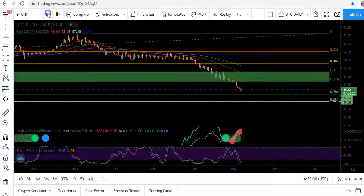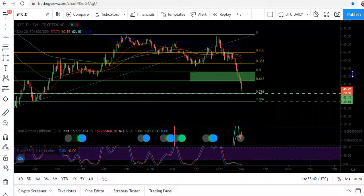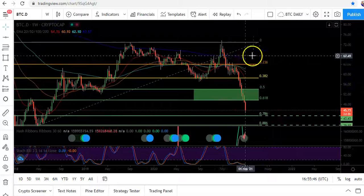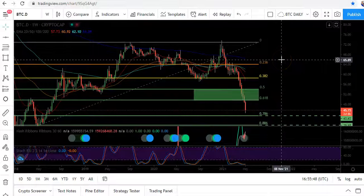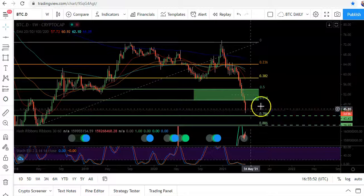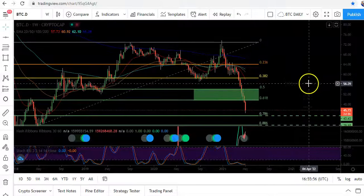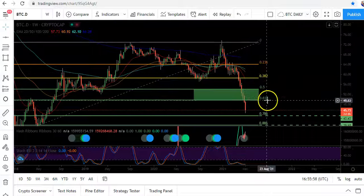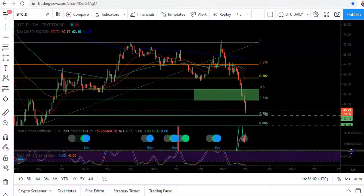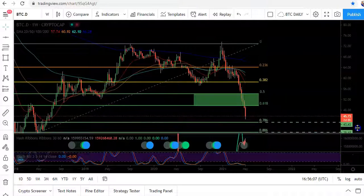But in case you don't know what Bitcoin dominance is, basically it's the market cap of Bitcoin versus altcoins, guys. So right now it's going down, right? That means money is flowing into the altcoins, guys. So people are selling Bitcoin and they're buying altcoins, the pump and dump stuff like Doge, and what else is out there,